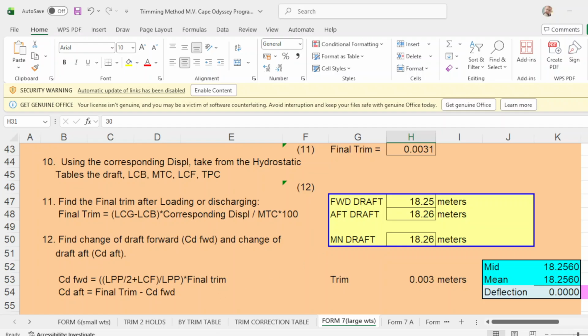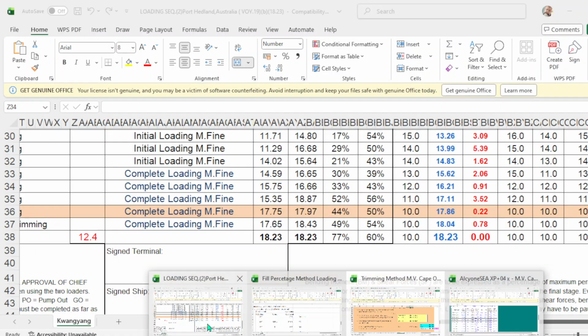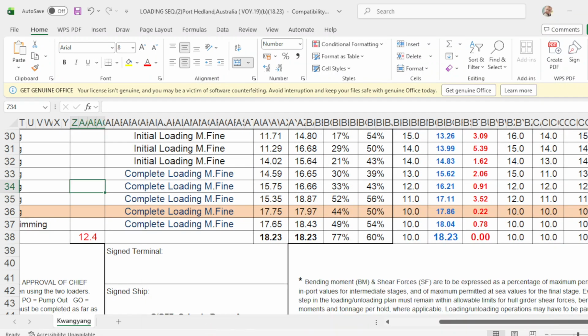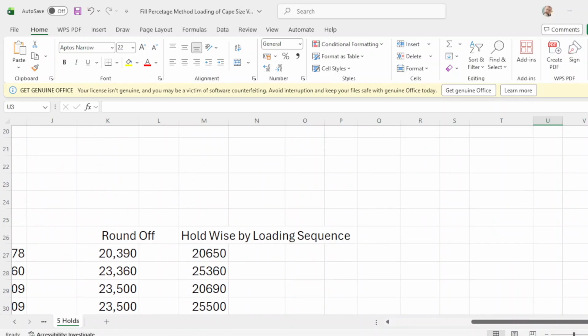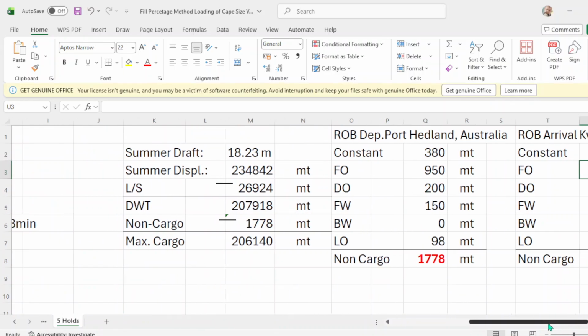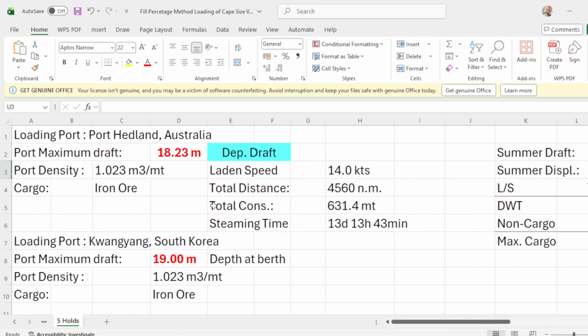Okay. Take note that this is the density, for example, the Stokes factor.